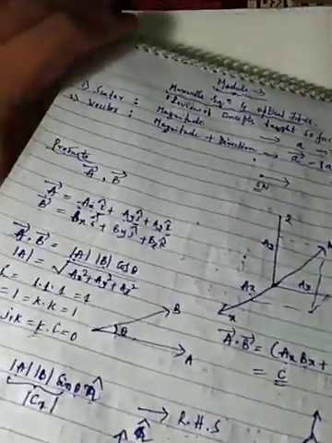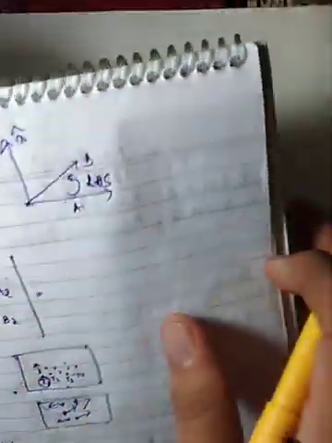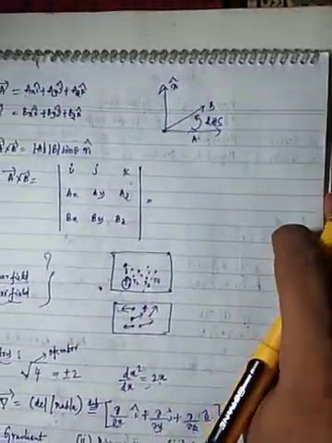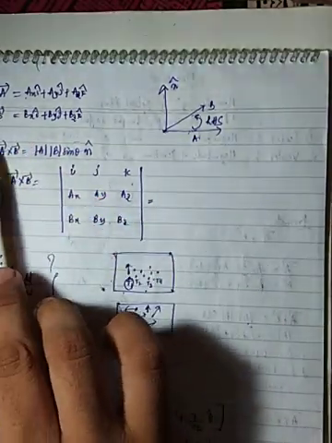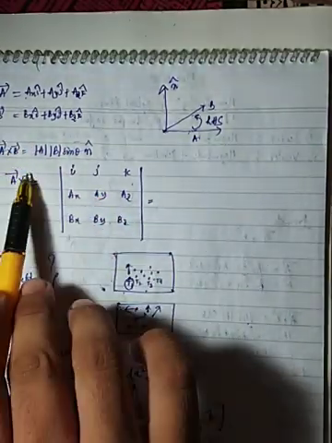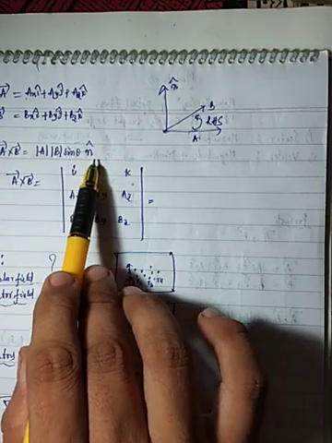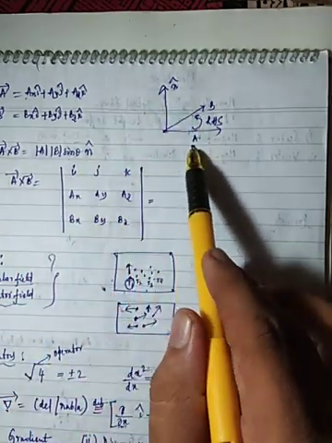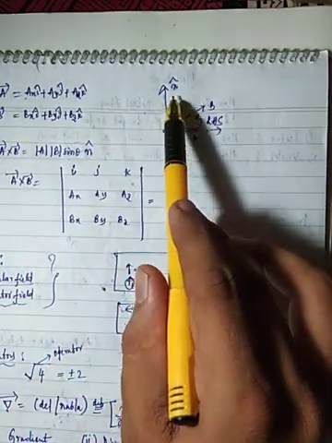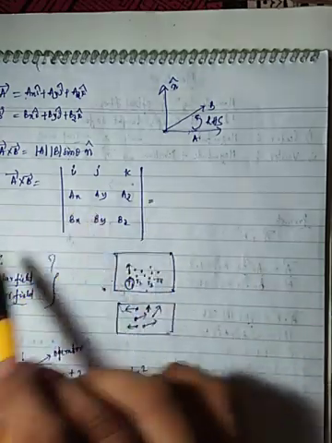So how do you compute the whole thing? If this is vector A and this is vector B, A cross B is computed as AB sin theta, which is the magnitude, and n is the direction. According to the right hand screw rule, this is the direction, and you are going to compute the cross product like